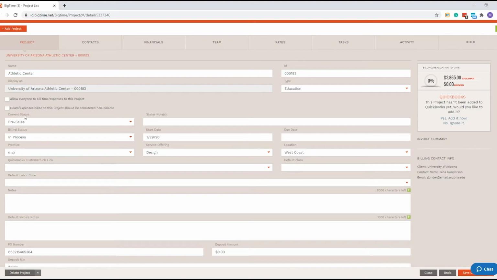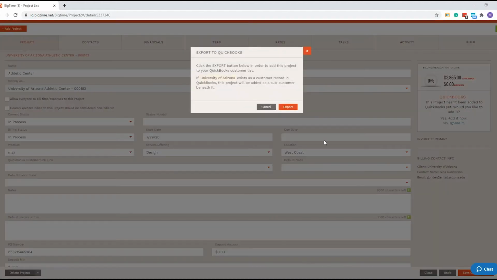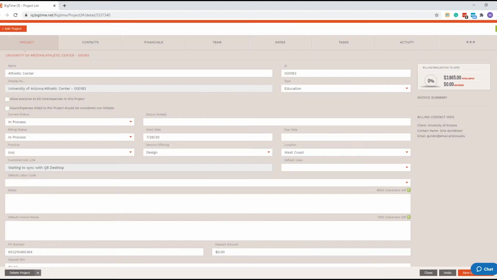So once the job comes in, and I'm going to say this is going from pre-sales to in process, I'll hit save, and then I can add that. At that point in time, I'm going to add it to my QuickBooks file. From here,